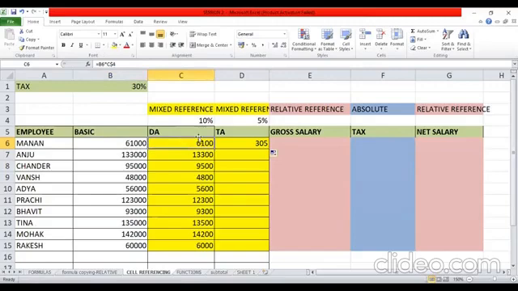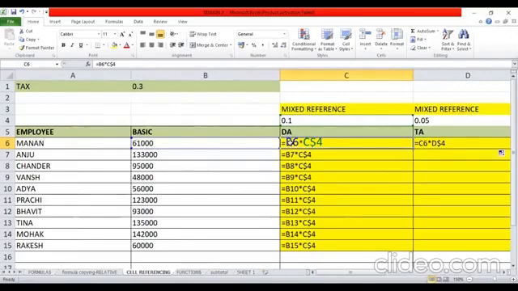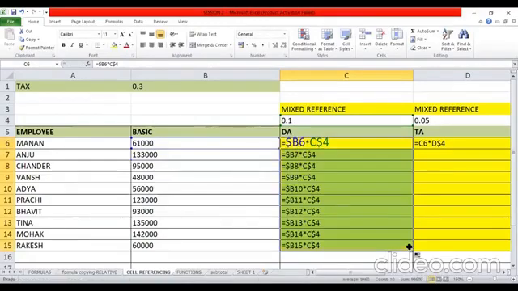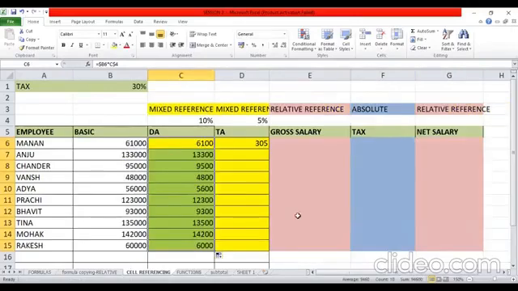So what do I do? I will fix the column position in the initial formula that I put. So let me re-put the formula over here. Let me just change my formula. What am I doing? I'm just going to fix the column position in this case. Instead of using B6, I'm using $B6 because I want to copy it across the row. If I didn't want to copy it across the row, then I don't have to make it mixed reference. I'm still getting the correct answer for this column. Now I will just copy it down the column. You can see that these calculations have not changed because these were already correct. But I have changed my formula.